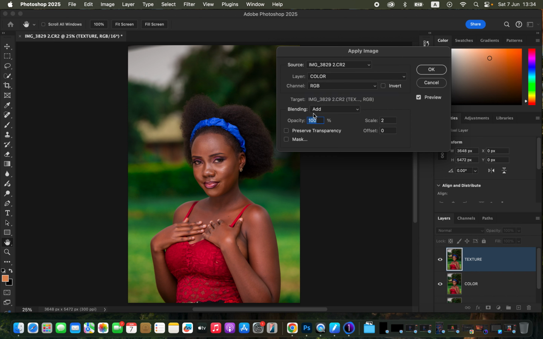And after doing this, come to where you see blending. In case you have 16 right here, it means your image is going to be a 16-bit image. And in case you have 8 right here, it means your photo is going to be an 8-bit depth kind of photo. So these are settings